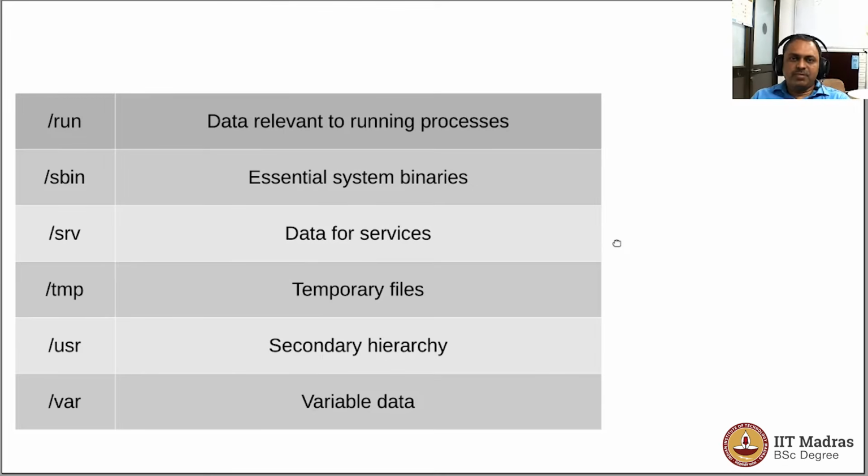By that we mean when you have a high performance computing environment, then you could have the usr directory shared across multiple computers, so that you don't have to actually have that much hard disk space replicated across all the computers. /var is a folder where variable data is stored, such as the log files for various system services that are running in the background.